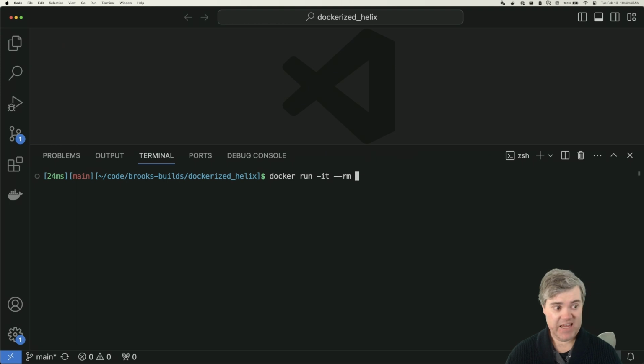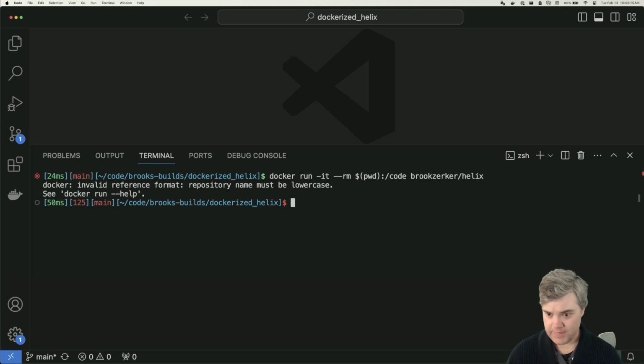I don't give it a name. I need to mount into a directory. So I'm on a Linux system, so it's the pwd to /code, and then I want Berserker Helix, I believe is what I named it, and this is on Docker Hub. And then whatever the latest is, I think it's going to be fine. And then that's it. No extra code. It should just drop me in. So if I run this,